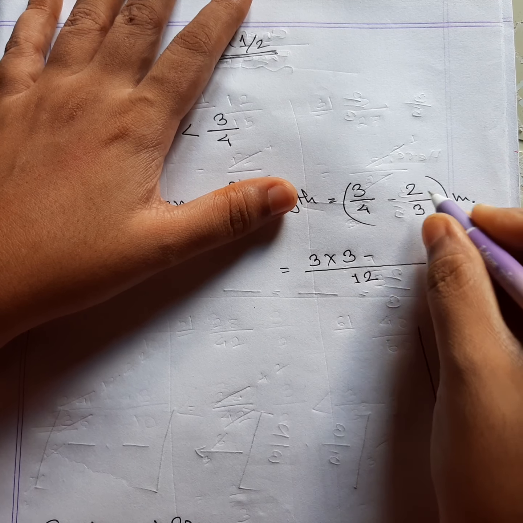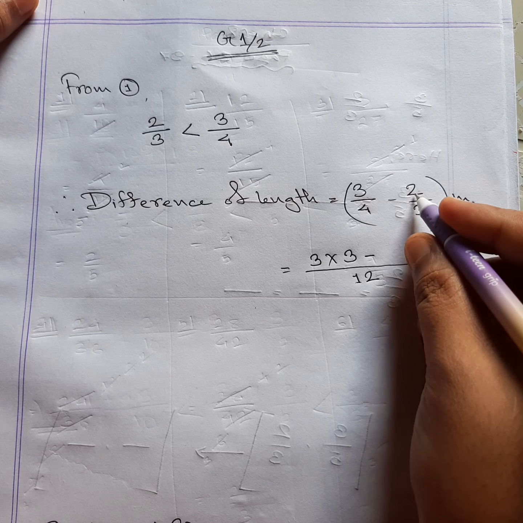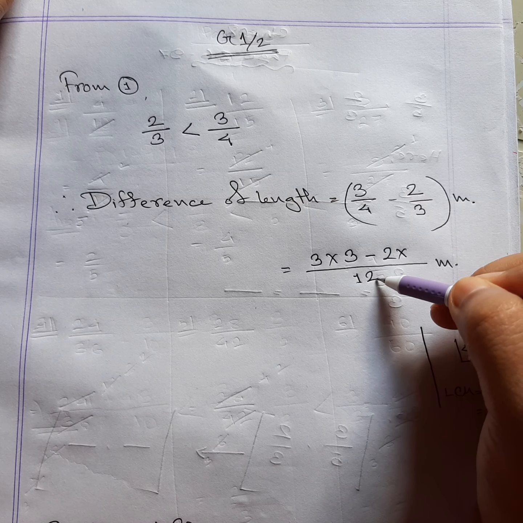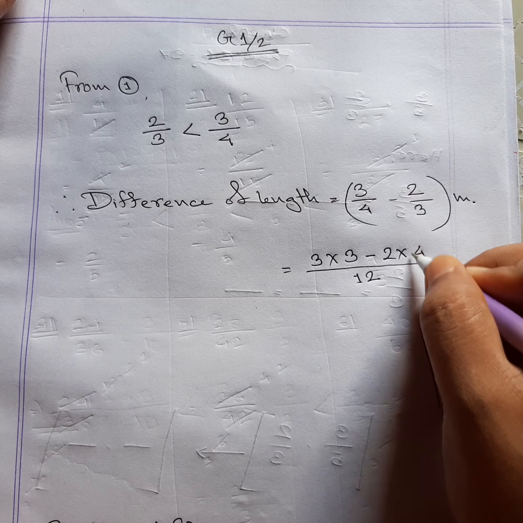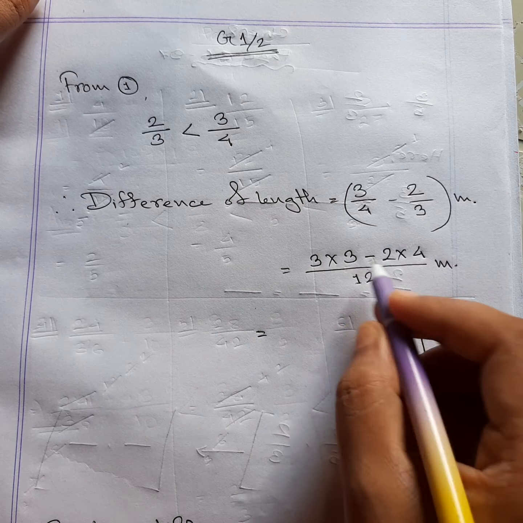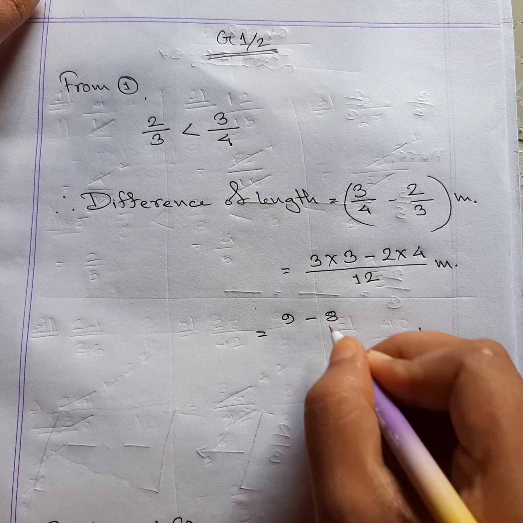Now again, if it is minus, then minus. If it is plus, then we are going to write down plus, and then write down the numerator and the multiplication sign. Then 12 is getting divided with 3 and the answer is 4. We are multiplying that answer with our numerator. It's a pretty simple thing. 3 3s are 9 and 2 4s are 8.